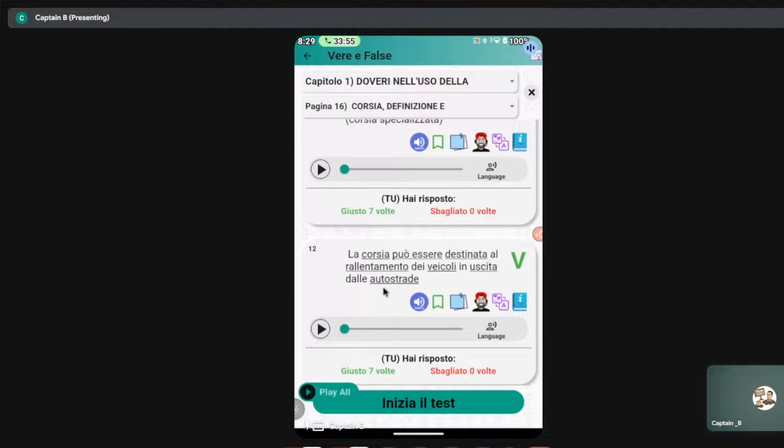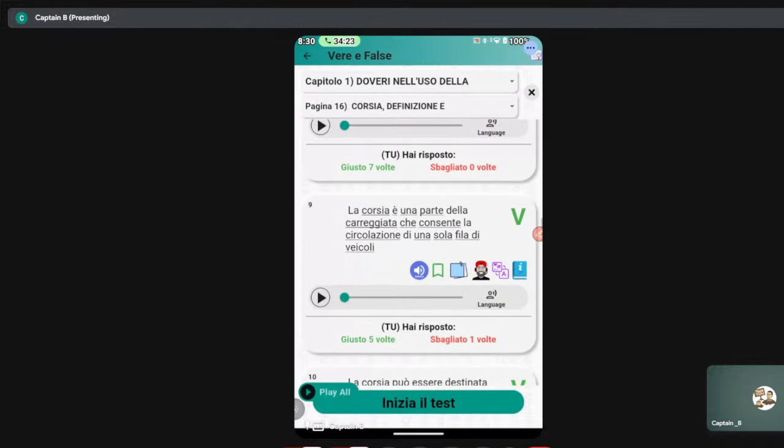And what is the name of that road to exit the autostrada? It's called corsia di decelerazione. Deceleration lane to exit the autostrada. First of all, the vehicle will slow down, slow down, slow down. It will do what? Uscita dall'autostrada. Get it now? And it is true, vero. Right? So if you have any question, raise up your hand and ask me.